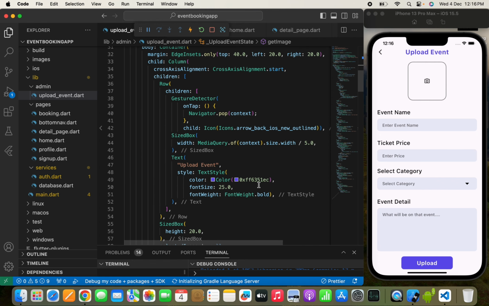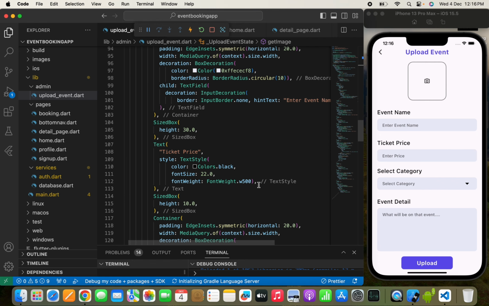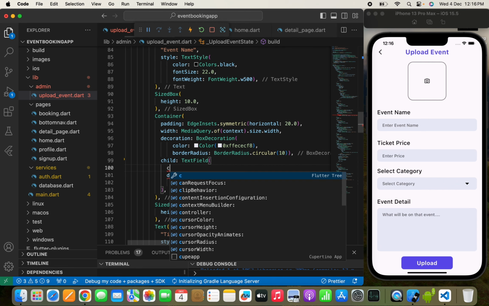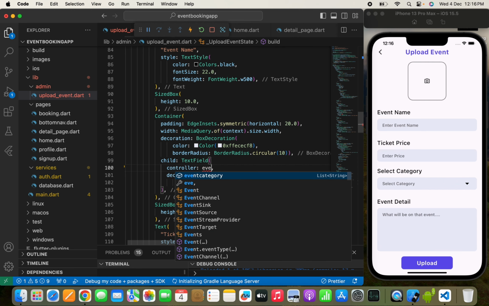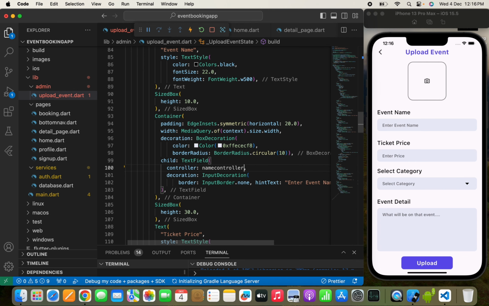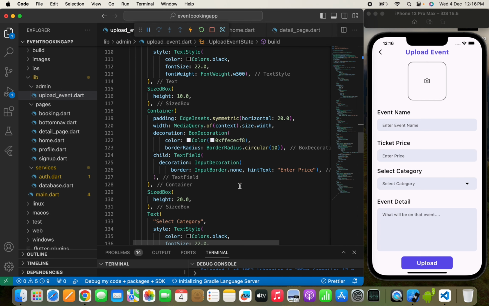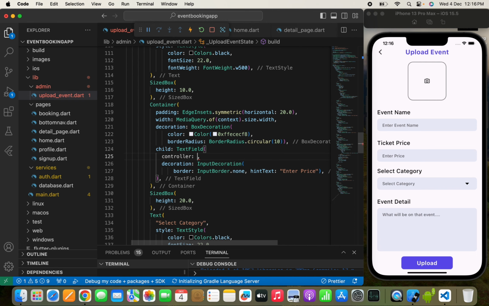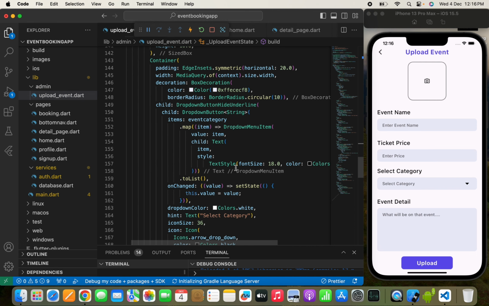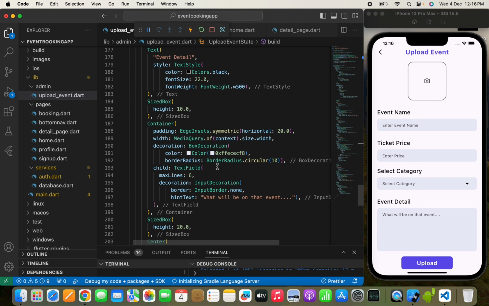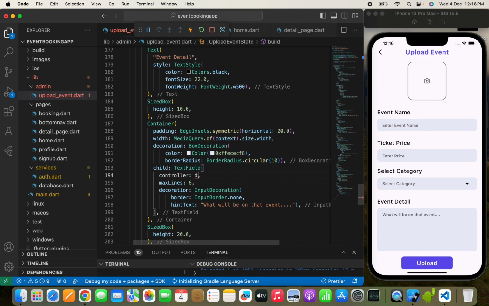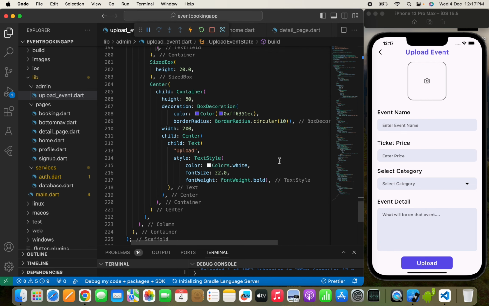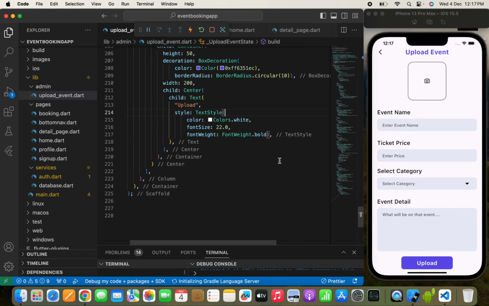Once it is done, I need to move to the event name, and here in the controller I need to write name controller to handle the event name. We need to do the same for the price, which will be the price controller, and the last one will be the detail. So we'll write the detail controller, something like this. So these are the three things that we need to add over here. So let's move to the upload